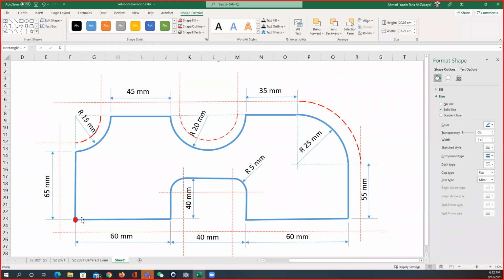Okay, now this red point is the 0, 0, 0 point. Now we said that the distance we choose here is going to be 5 millimeter. You will ask me why I choose 5 millimeters. Can you see these arcs? This arc has a radius of 5 millimeter. That means I don't have to make